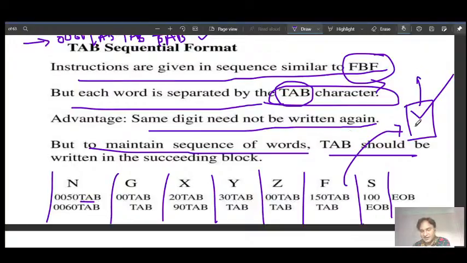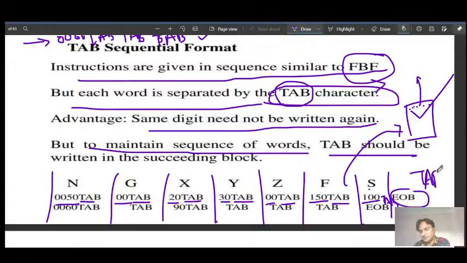And a punch card already has the space for each set of instruction. So you see this block, tab, G code 00, tab, then X coordinate value 20, tab, Y coordinate 30, tab, Z coordinate 00, tab, F feed value 150, tab, S spindle speed value 100, and here we can write tab, and at the end we can also write end of block or tab.